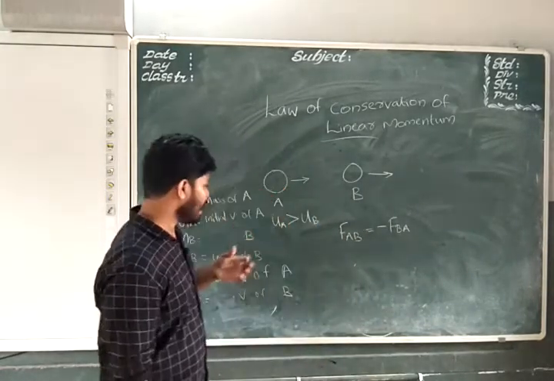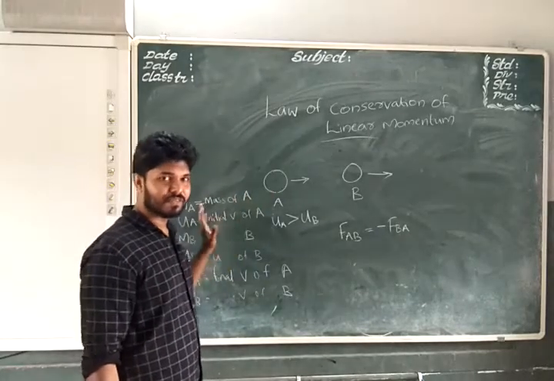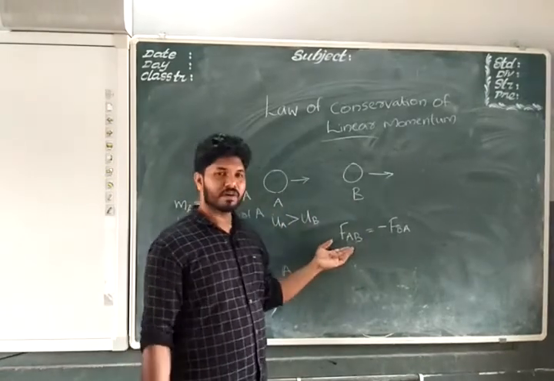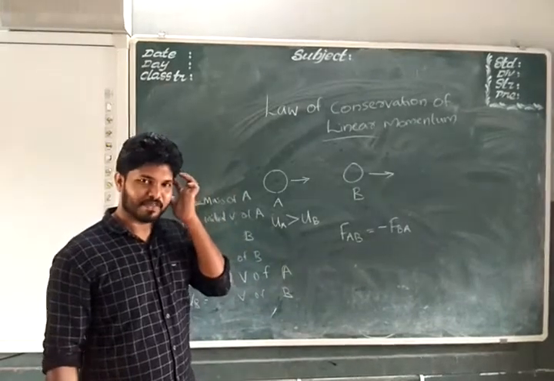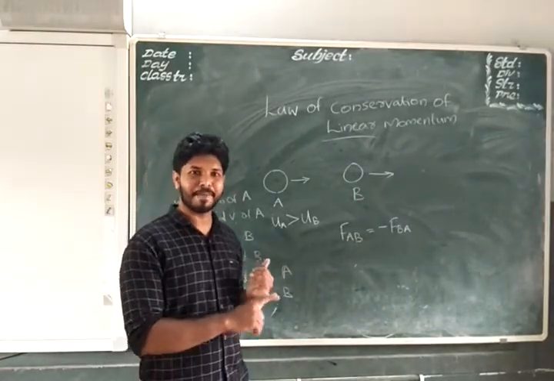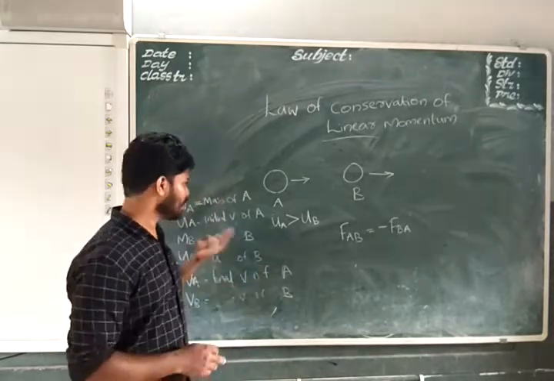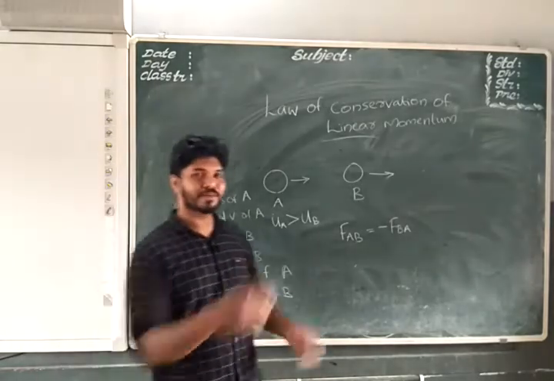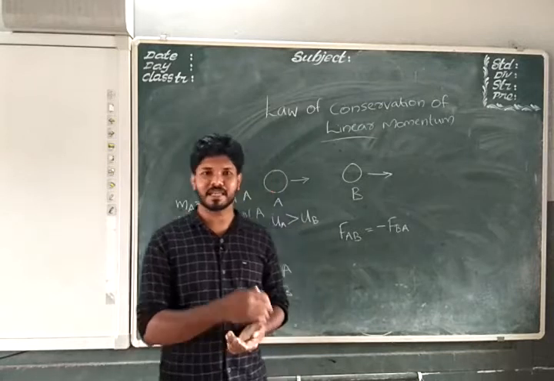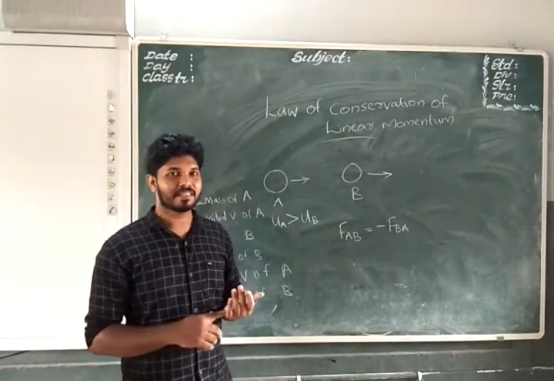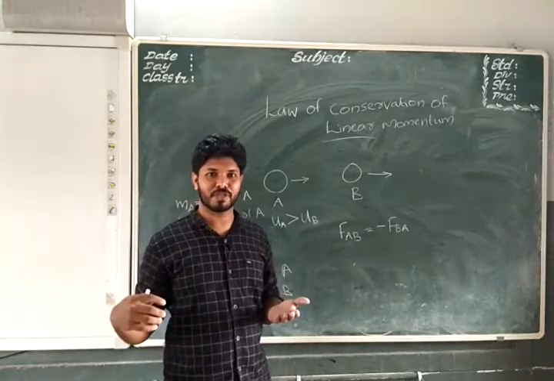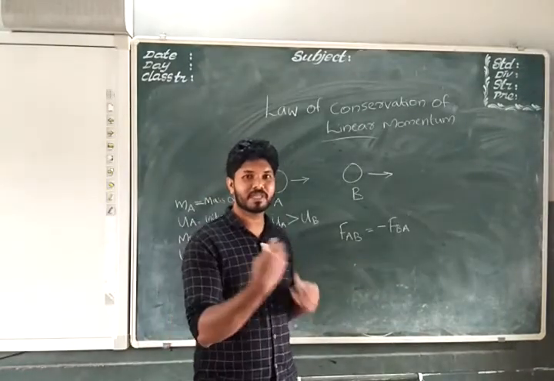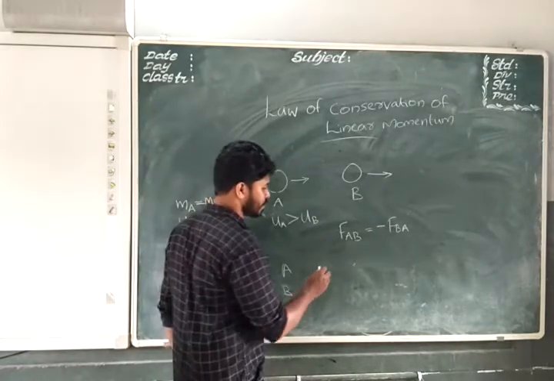See, we have mass and velocity for ball A and ball B. How can we calculate force from mass and velocity? We know only one equation. What is that? F is equal to ma, mass into acceleration. But we don't know the time, so we can't find acceleration, isn't it? So just go to Newton's second law. What is Newton's second law statement? That is, rate of change of momentum is directly proportional to the force applied, isn't it? So we get an equation for force from Newton's second law, that is rate of change of momentum,